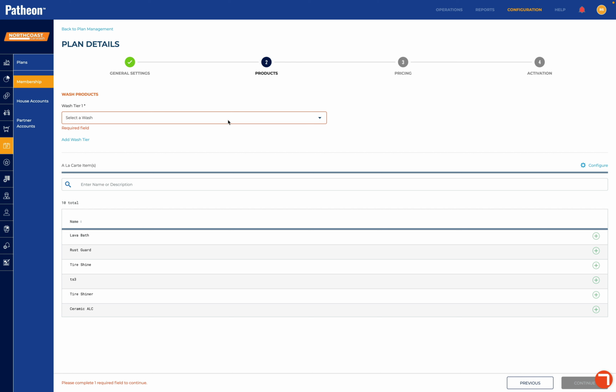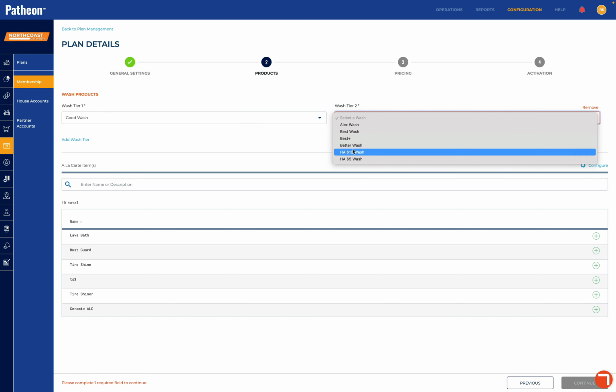On page 2 of the plan setup is where you set up which product you will be giving. Since this is a good wash based plan, the wash that we fire will be a good wash. Now, the concept of a wash tier means that if you have a large organization and you don't have the same washes at other sites,